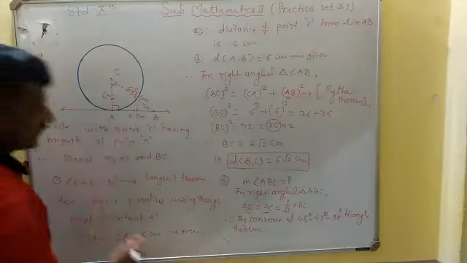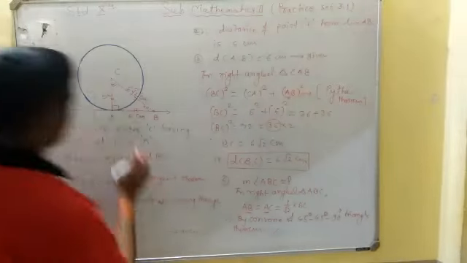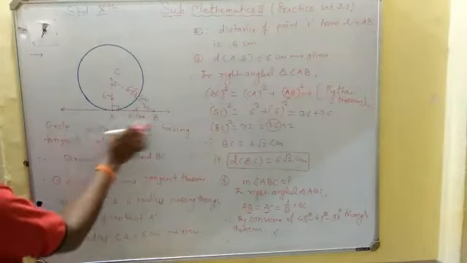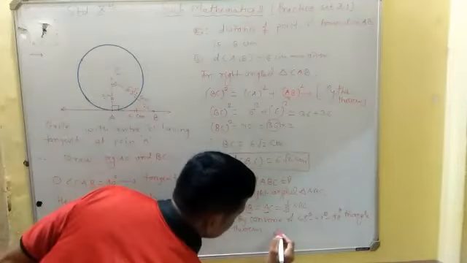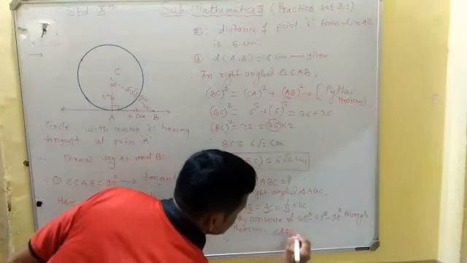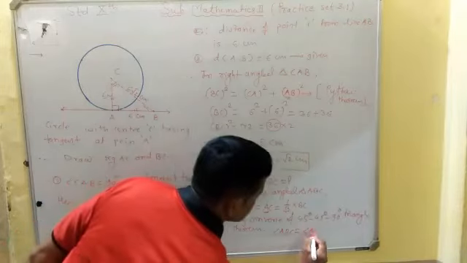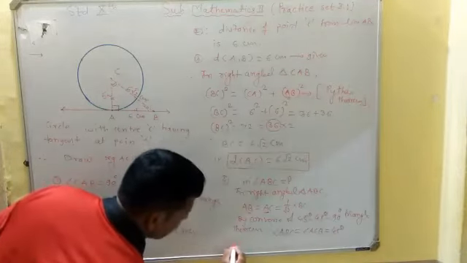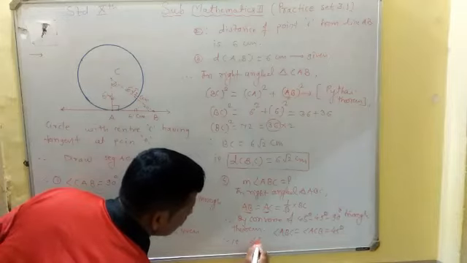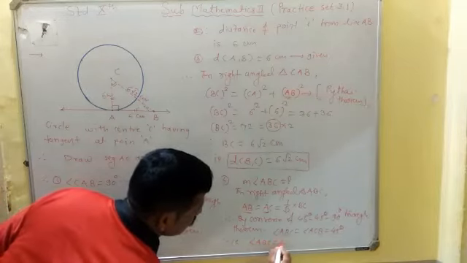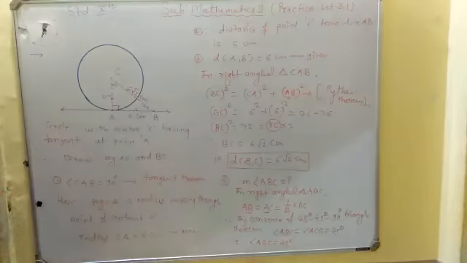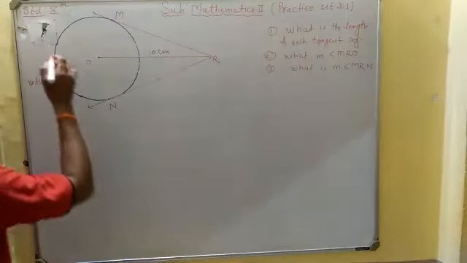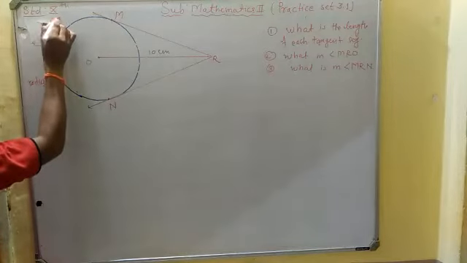Therefore, we write here angle opposite to the congruent sides. Which are the congruent sides? AB and AC. Therefore, angle ABC is equal to angle ACB is equal to 45 degree, and that is we write here the required angle ABC is equal to 45 degree. Understand? We are going towards the next example number 2.